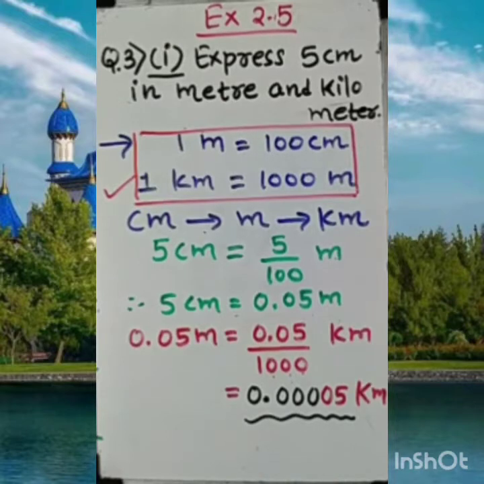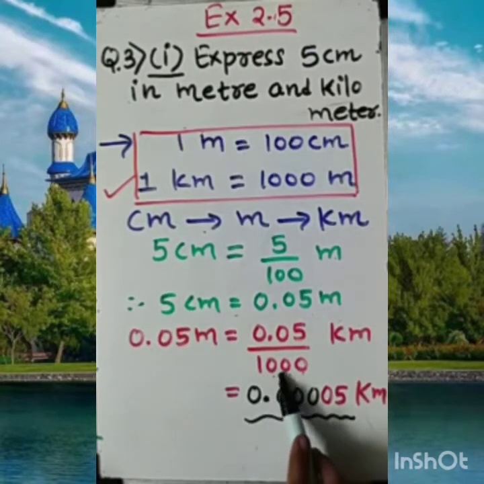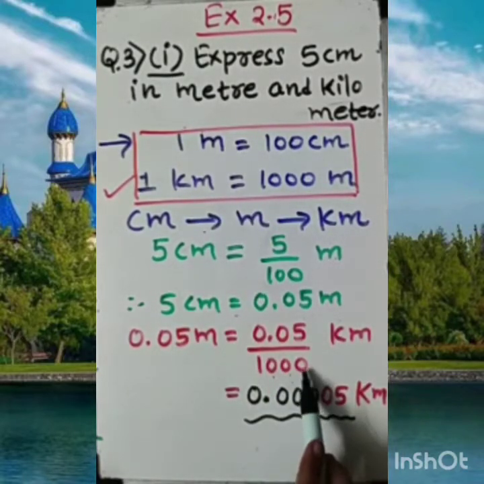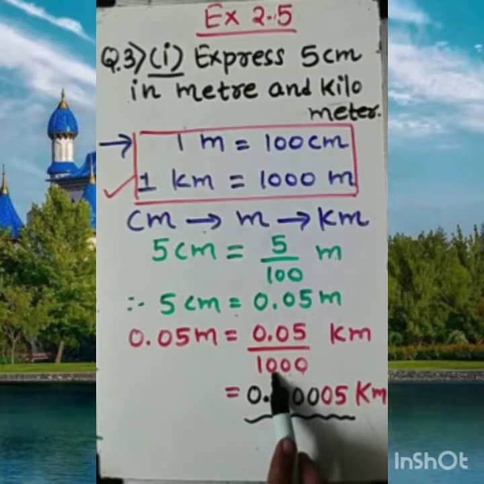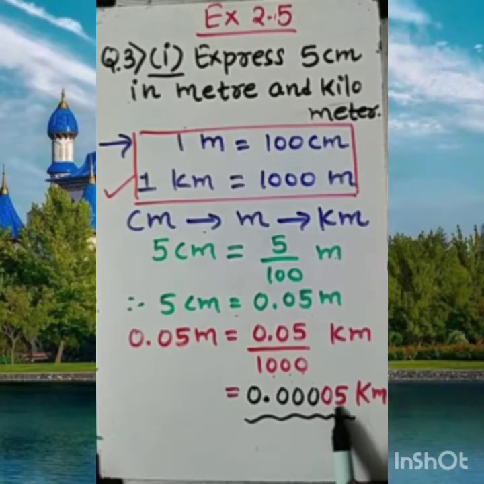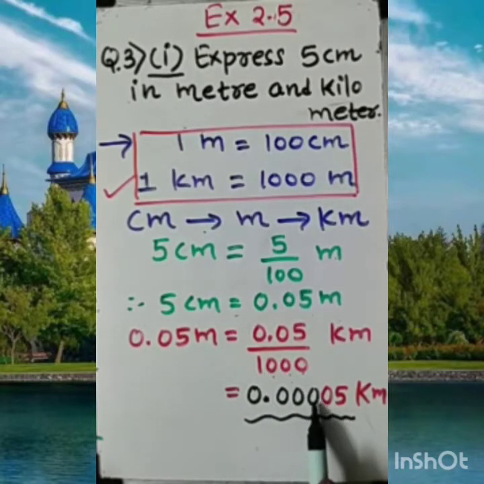0.0005 into kilometer. Once again I am explaining here. Here 0.05, I am going to divide it by 1000. Reason behind that, 1000 meter equal to 1 kilometer. So with that 3 digit we need to shift more. So already you can see 2 digit after decimal have been shifted. 3 more I am shifting, that's why I have written with the black marker, so that it would be easy for you to understand. This 3 digit we are shifting and these 2 were already there.